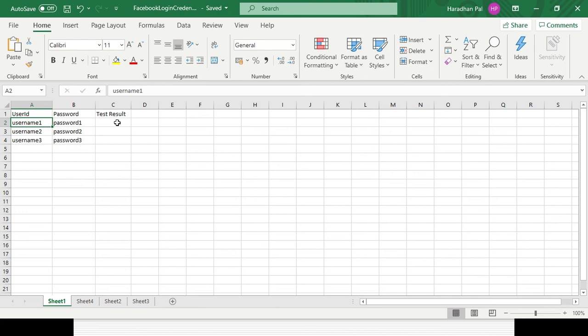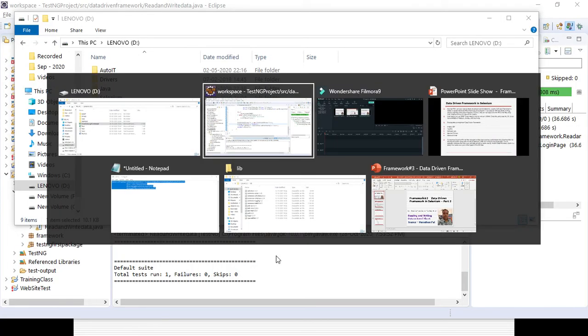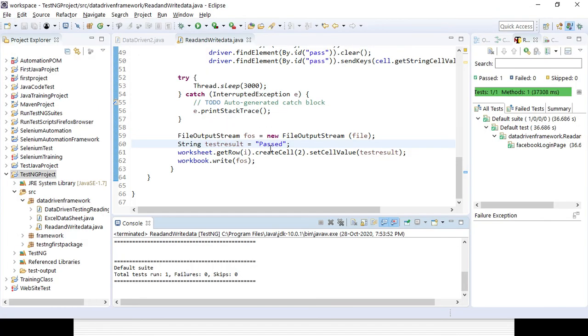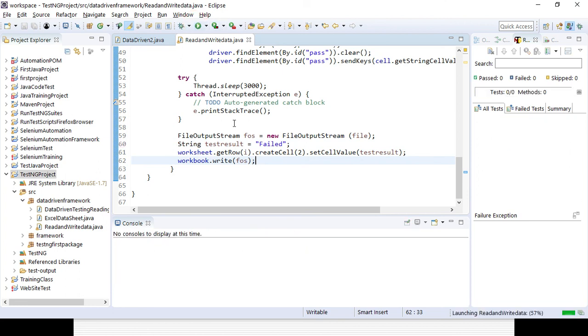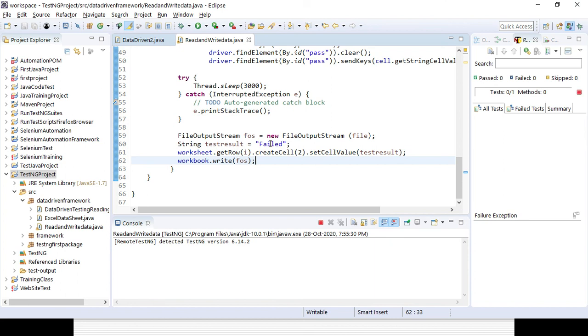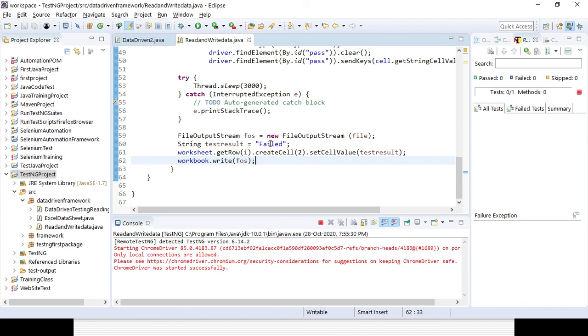And if you want to update the result with fail, you can do that, right? So here I want to run 3 data combinations, and for the test result, instead of pass, I will update it here. I will update only one, right? Instead of pass, say I want to update it with fail, suppose say failed. Okay, now let's run the code and see whether it's getting updated with fail. It will run only for 3 times because I have given 3 different username and password combinations.